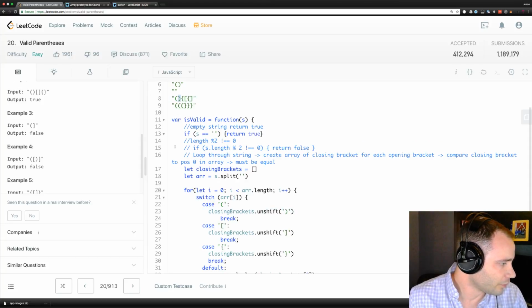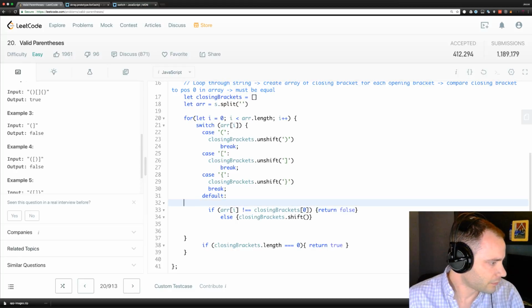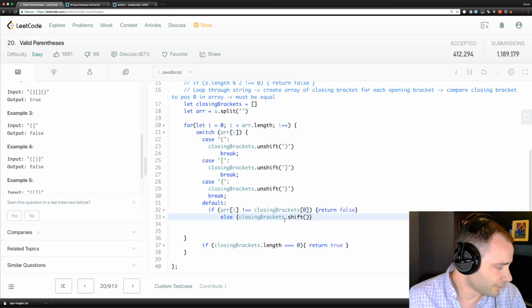So now when we go through a second time, it's going to check to see if this is not equal to the closing bracket, and it is equal, so it's going to go down to else. That's going to shift